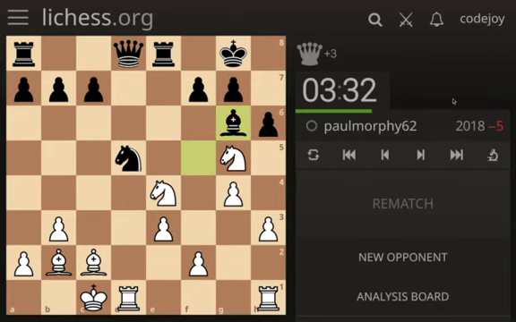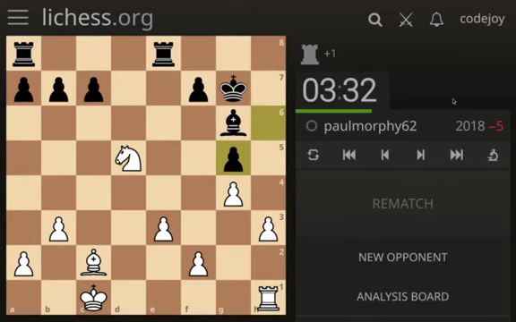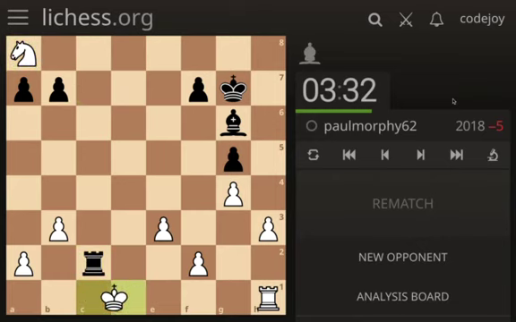So this is the position after the queen sacrifice. How do you win the game? You sacrifice more and more, and then you get it back, and then you sacrifice more, and then you get it back, and then you sacrifice more,